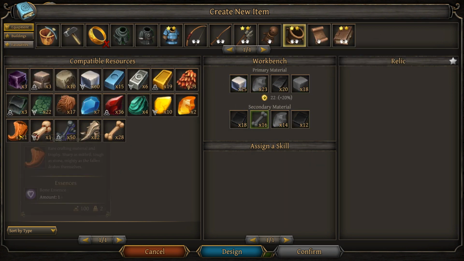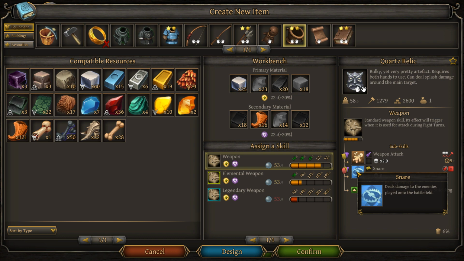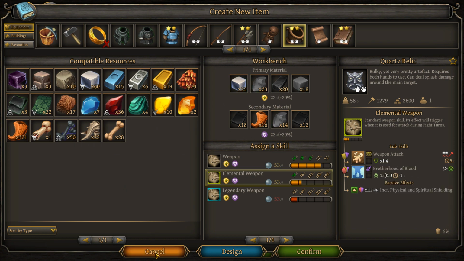Okay, a bunch of quartz, a bit of dragon bone. Or we could just take the 2.0 with snare, scaling at 0.4 off of intelligence. That's actually a fair amount of damage from snare. And 2.0 is a lot of scaling. But Shield Leech is so powerful. I'm actually pretty torn here. So, like,